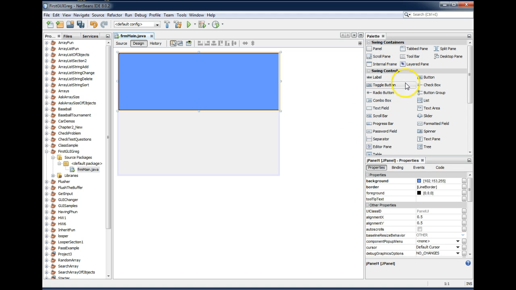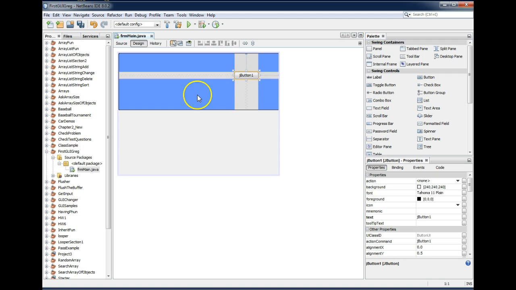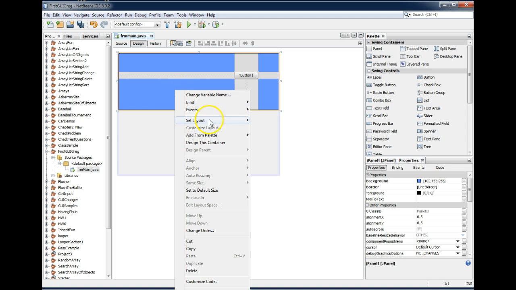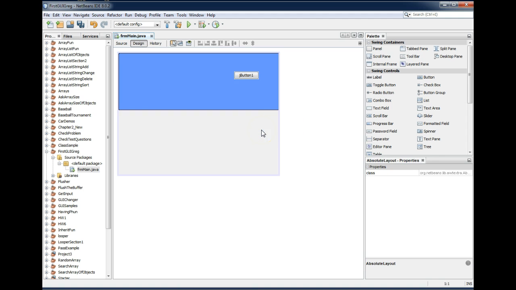Next thing I want to do is drop a button on that form, and I'm going to put it on the panel. Notice as I drop the button on that panel, you have some weird lines show up. That's because I've never changed the layout for the panel. So one other thing I'd like you to do is click on the panel object. You can tell the panel object is selected by looking at it in your properties window, and it says JPanel1. Right mouse click on the panel, choose layout to be absolute layout,